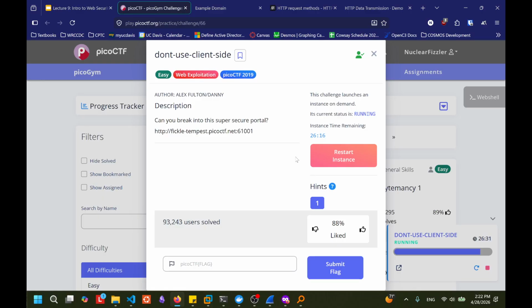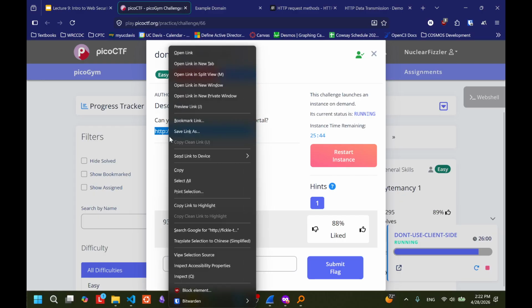Anyone feeling stuck or okay? Yeah, I believe it's all with your browser is the first one.